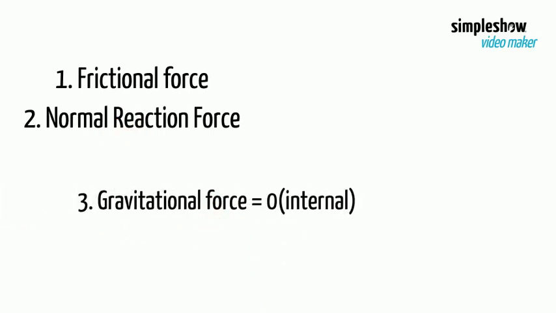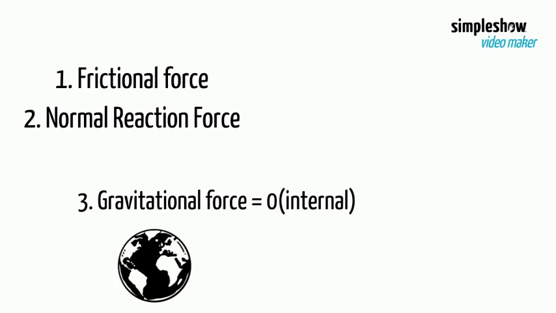Free body diagram of the disk. 1. Frictional force. 2. Normal reaction force. 3. Gravitational force. Internal forces in this case, as we have taken the entire Earth and disk as a single system, are therefore equal to 0. Work done by each force: